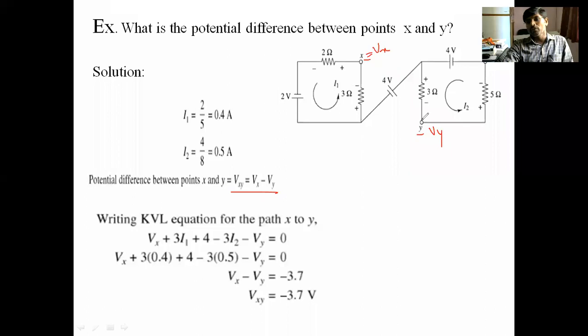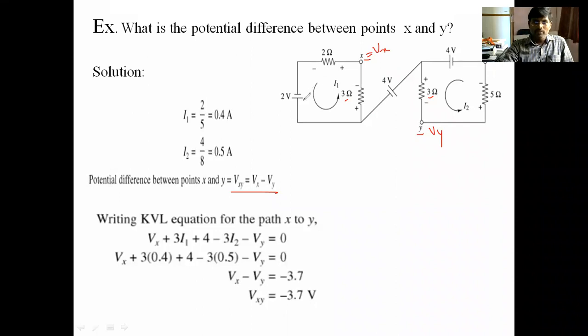So therefore you need to find the voltage across this 3 ohm and this 3 ohm, all in terms of potentials, so that you can find the potential difference. For that, find out the voltage drop across this 3 ohm and this 3 ohm. To find that, you need to find the current flowing through these two. So identify which source is supplying current through different elements.